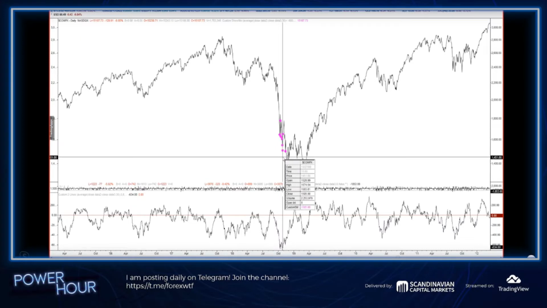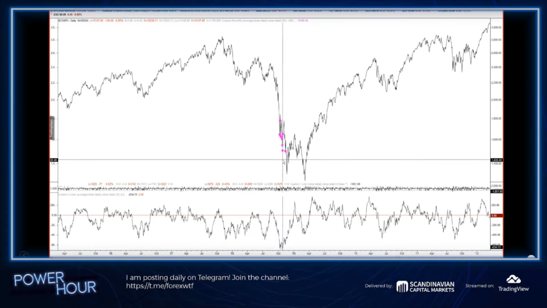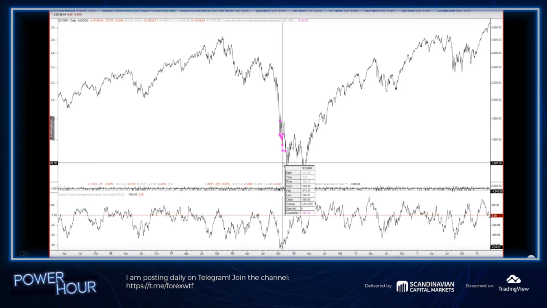In fact, this area is October. I have my vertical cursor up on the week of 10/27/08. That was actually the low for a lot of markets around the world, with a lot of carry trade stuff, emerging markets, other countries and a lot of commodities. So you could say that, right now, based on this AD line, and this is the weird part, tech is at panic lows. It's really weird to say because we're only a couple percent off the highs, I think,